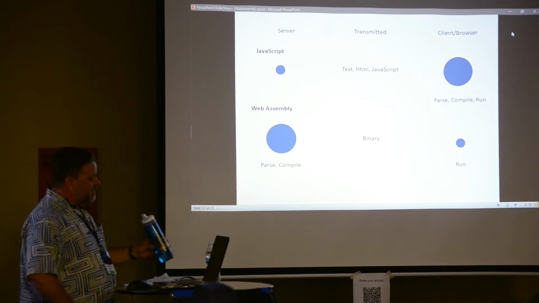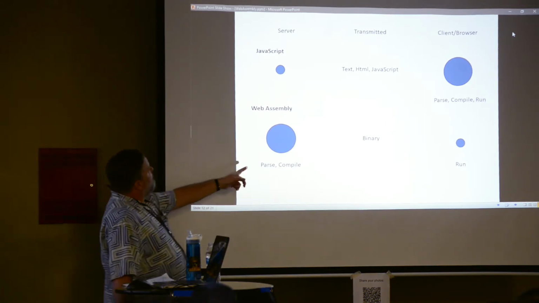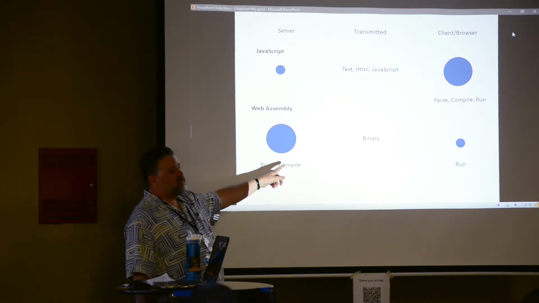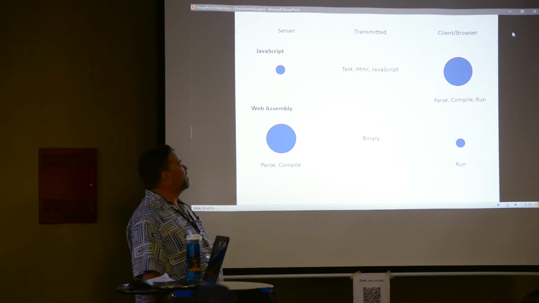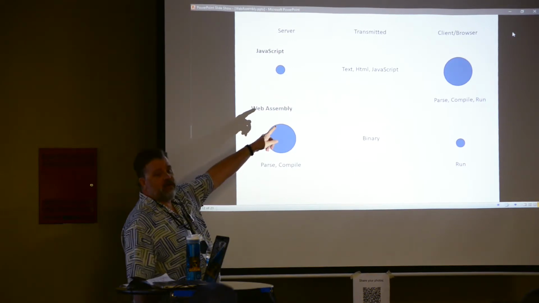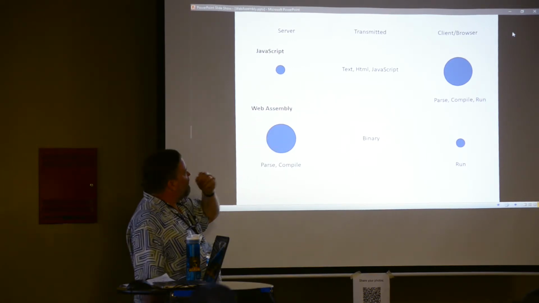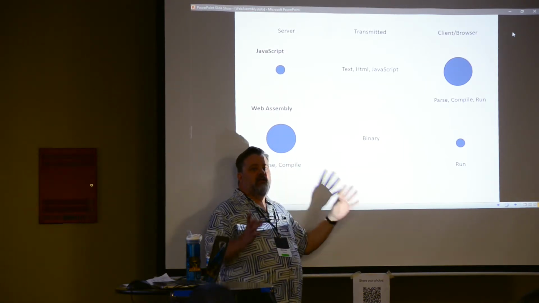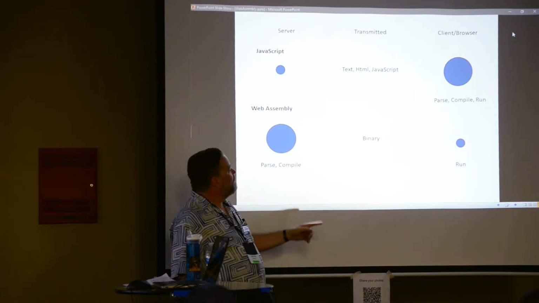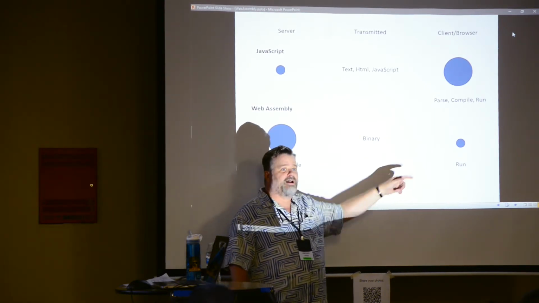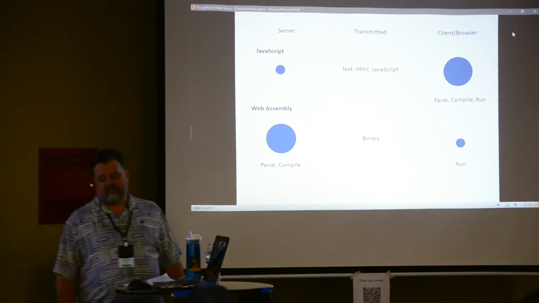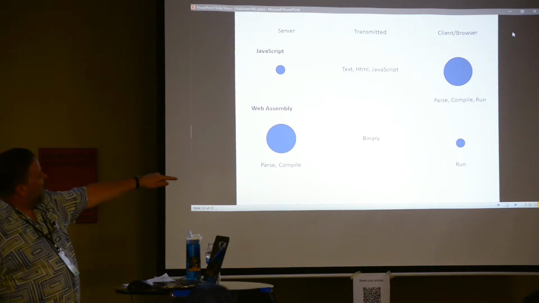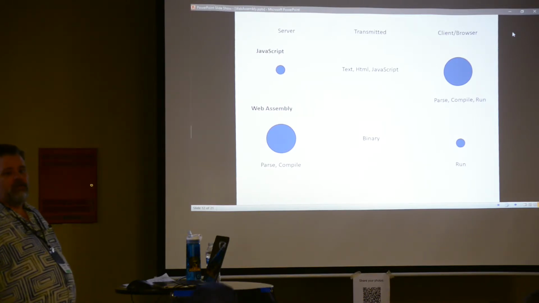In the WebAssembly model, we shift most of the work over to the server side where we have a lot more resources. We parse and compile it before we ship it across. We still have a small amount of text in HTML and JavaScript to ship across, but at runtime, we skip all that overhead. We don't have to parse it, we don't have to compile it, we just run it. So our runtime's faster. What's the best way to make things go faster? Do less. So we're doing a lot less work in the browser